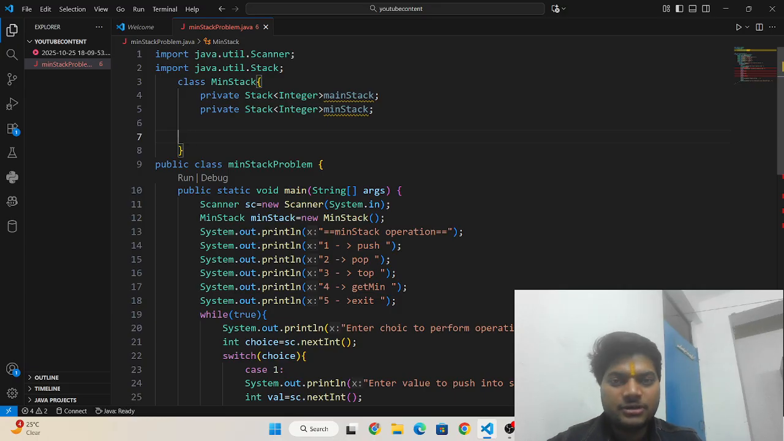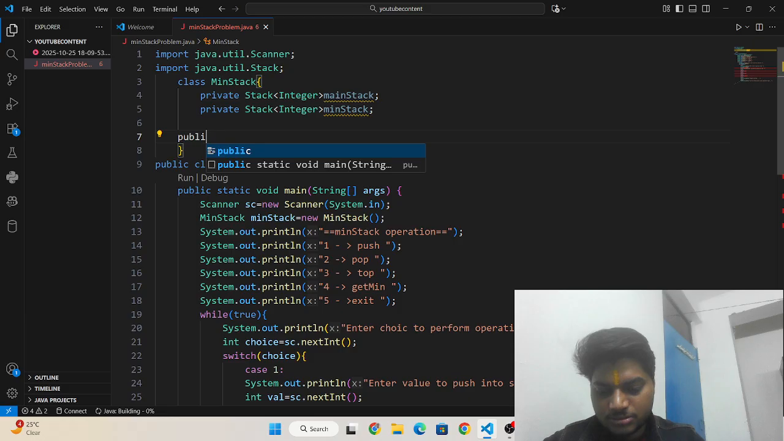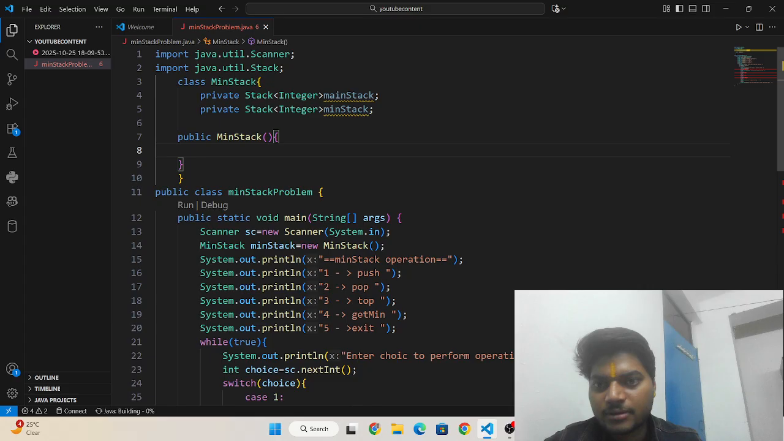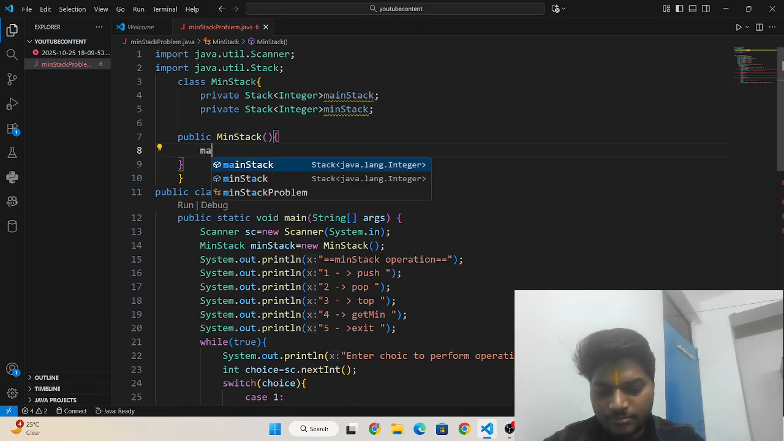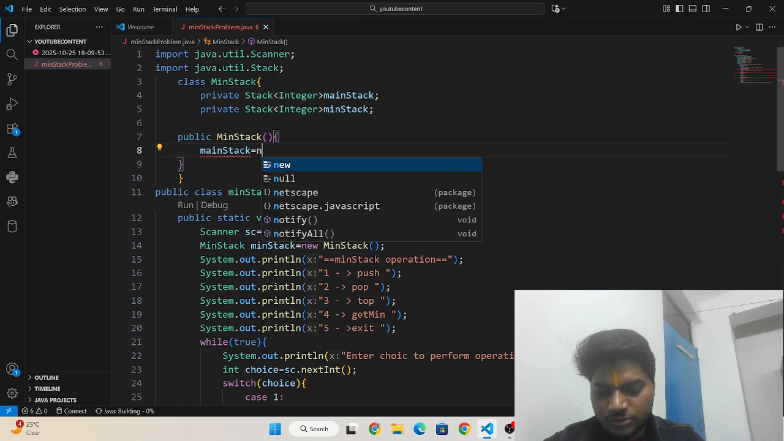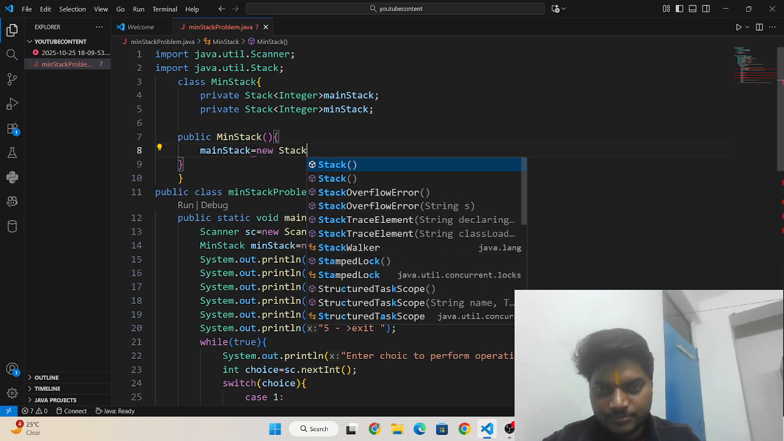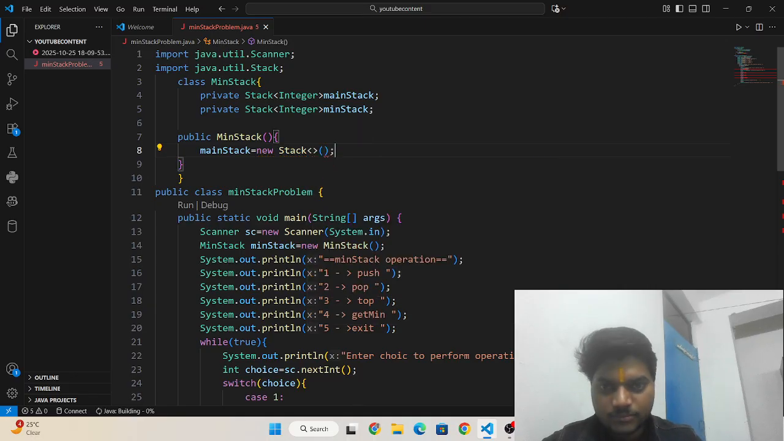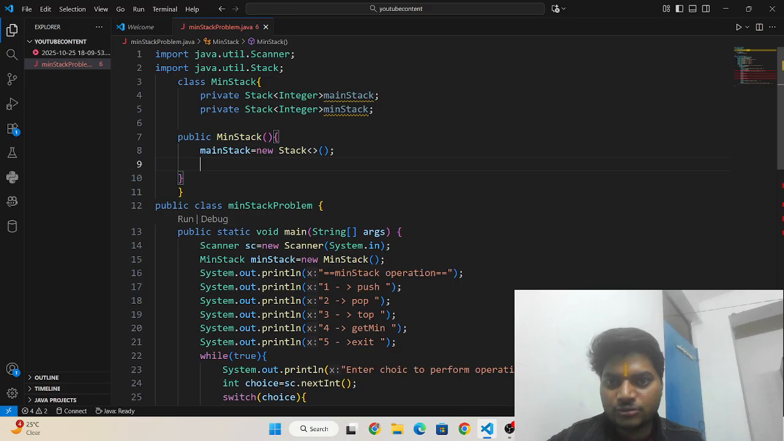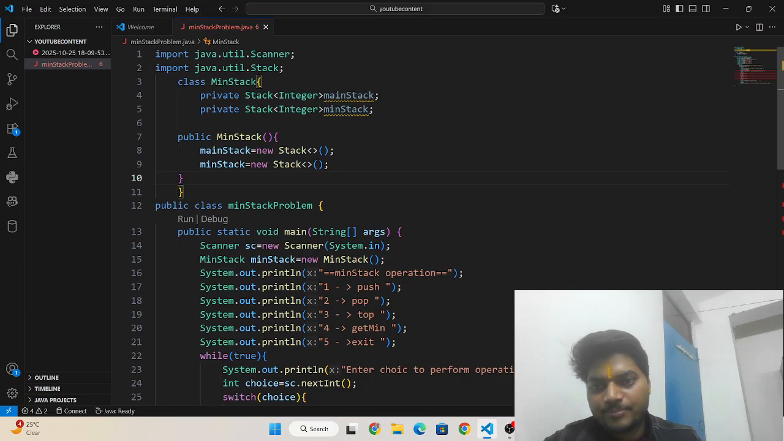Okay, and then I am going to create the constructor. So I need to write here public min stack. Then I need to write here main stack equals to new stack, and after that I need to write here min stack. Control C, Control V, and here should be min stack. Okay, and then